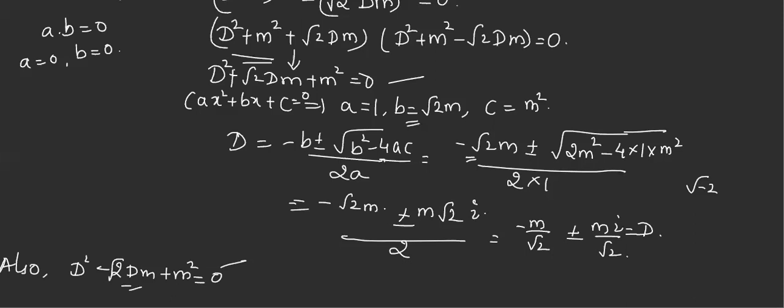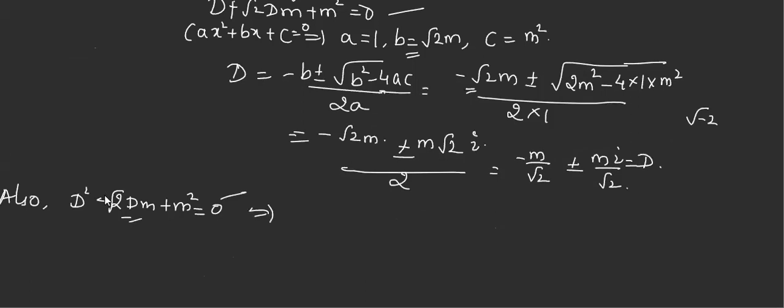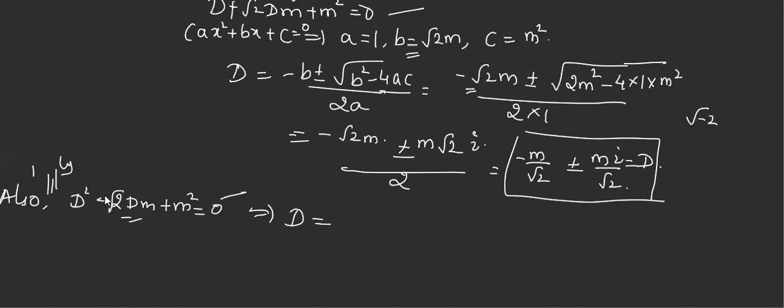So if you just compare these two, can you tell me the value of d directly? The roots of d. Just compare. Instead of b as root 2 m, it is minus root 2 m. So this minus b will be plus. All other values are the same. Tell me what the roots are. So you can write similarly, minus m by root 2, sorry, plus. Am I correct? If not comfortable, solve it again. You know the procedure, and according to that you are going to solve it.